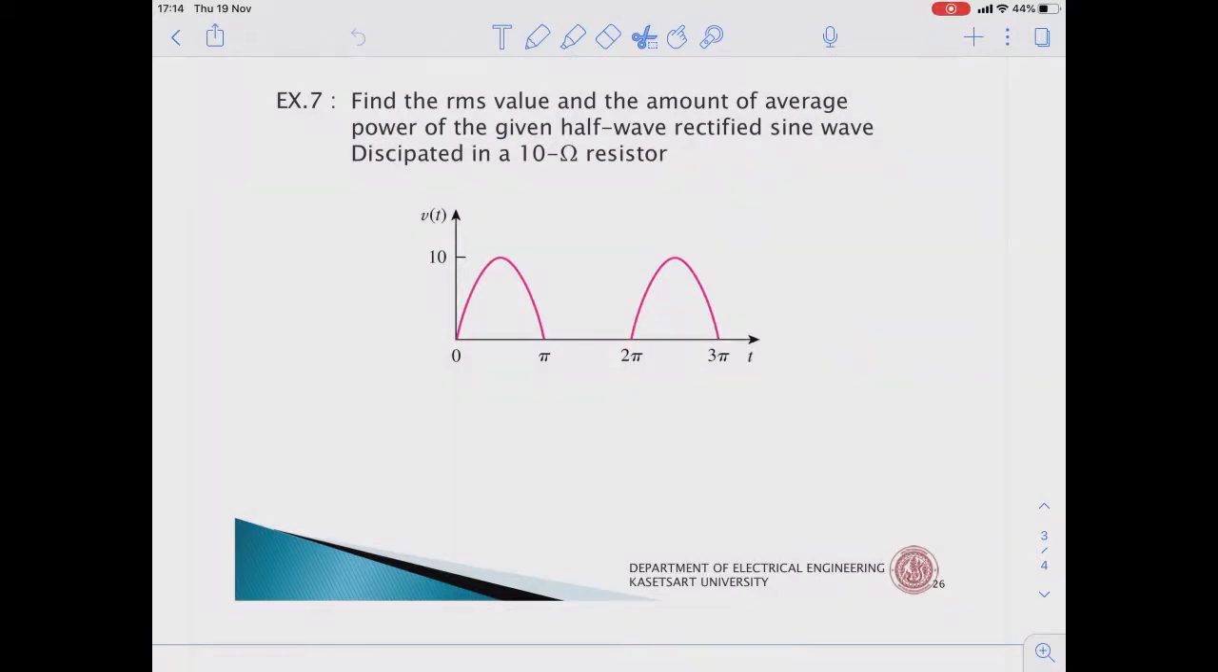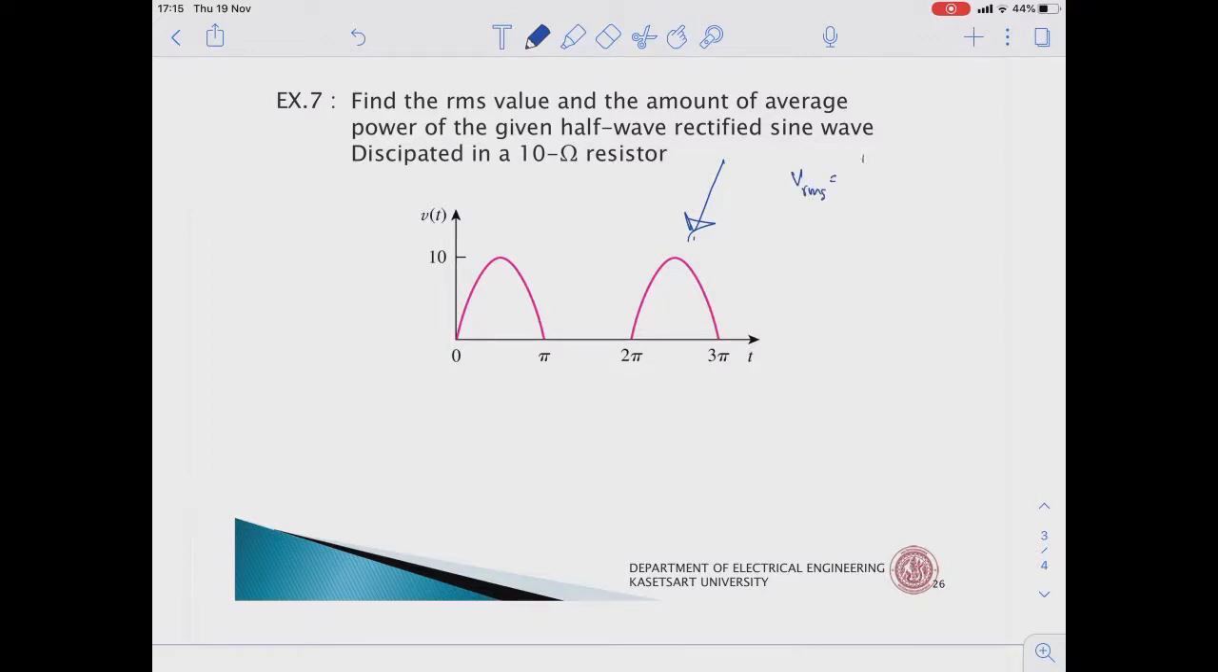Let's work on another example. Find the RMS value and the amount of average power of the given sine wave rectifier, and then the average power dissipated in a 10 ohm resistor. So we know that